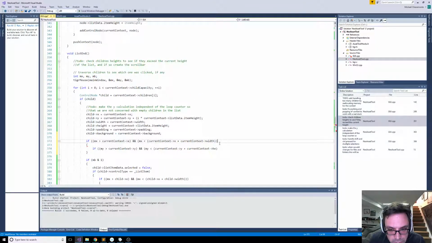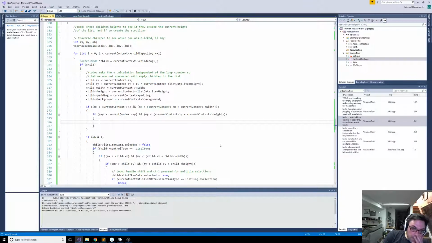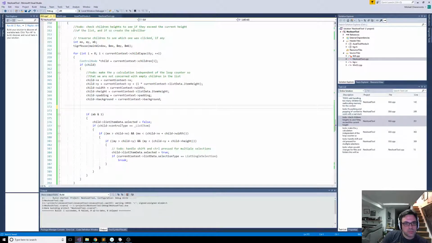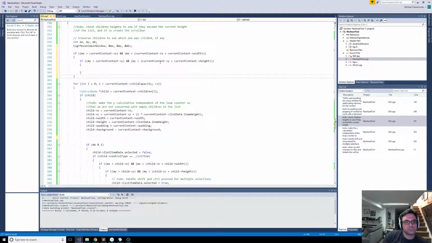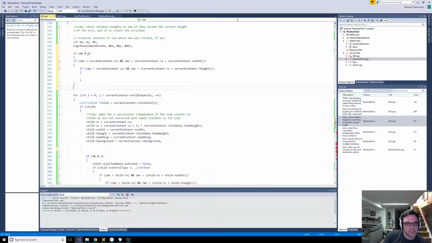What did I mess up in my syntax here? Right, so if we are within the context of the list, although we don't need to check that every time. Right, if we only care if the mouse is pressed, then we're in the context of the list, and if we're in the context of the list, then what we want to do is, at that point,